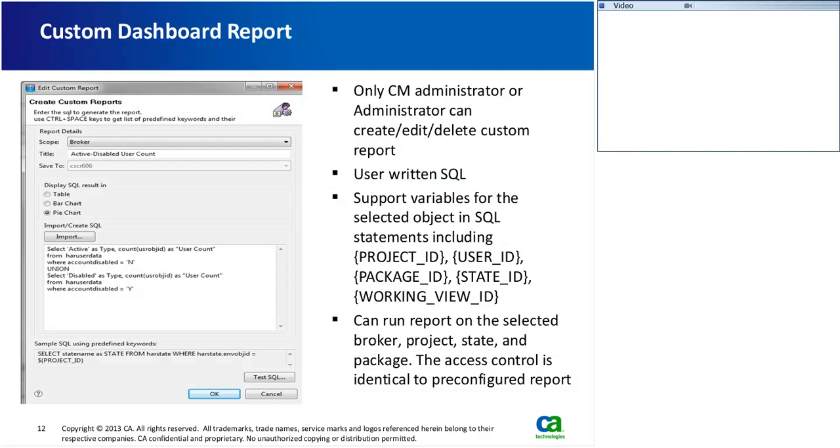So the convention for how the report is supposed to be generated using the SQL, we actually have a hint that allows you to construct it easily. Also, we provide a sample, so that will help you get a jump start. And then